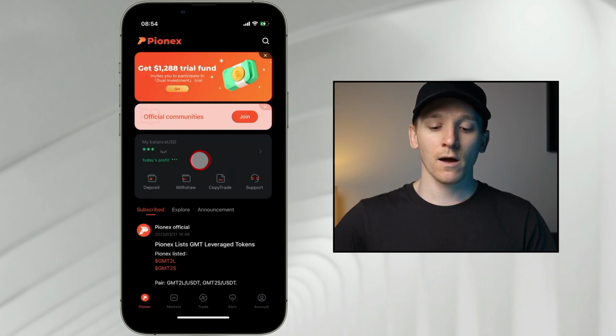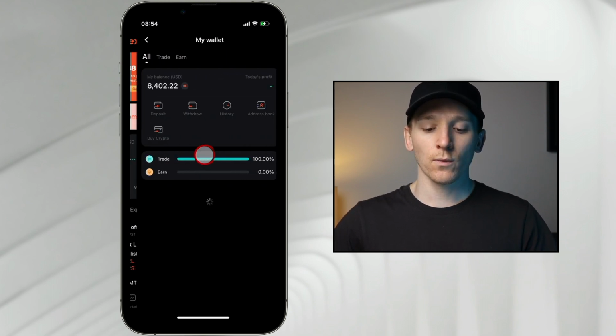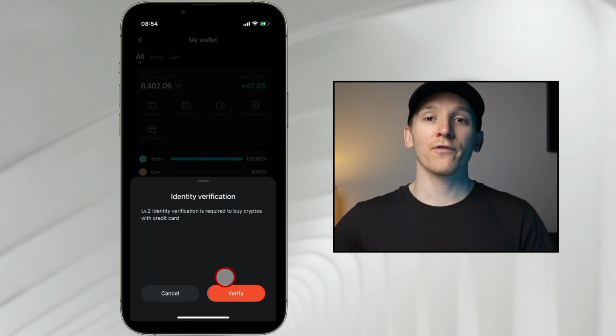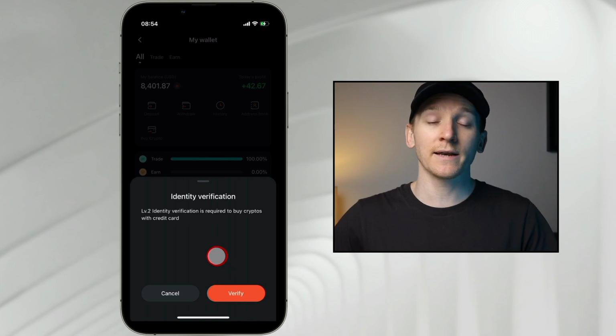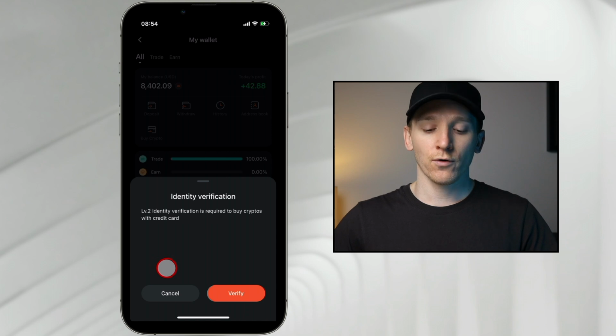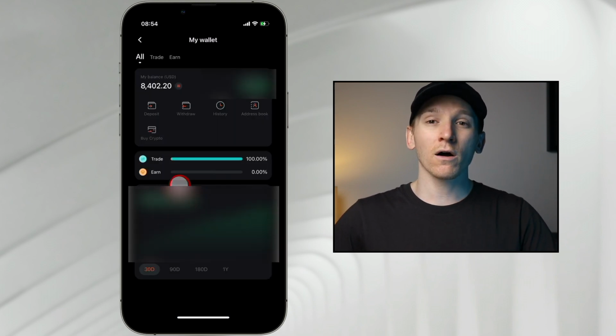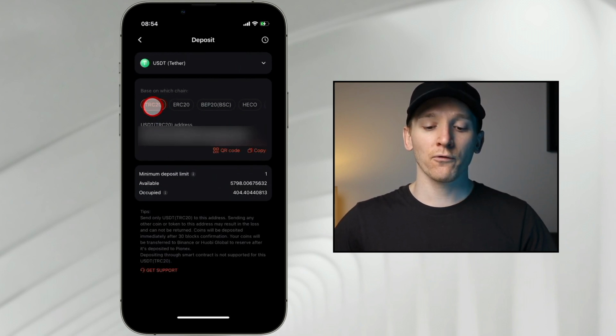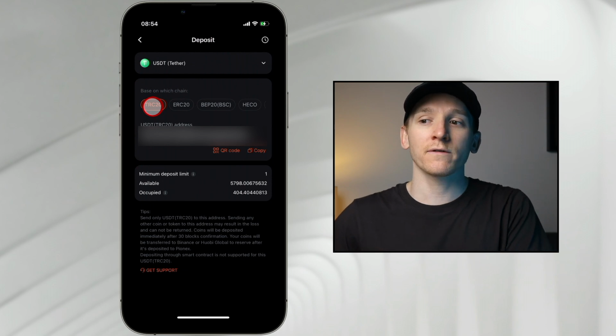But what I'm going to do is come and deposit. So we just click on the wallet again. If we come up to buy crypto right here, you can see you can just verify it. You do need KYC. I think especially in America as well, you will need KYC to use the app. So if you want to go through and put some credit card funds on there, you can do that. Just click verify and then put your card details in. Card is more expensive overall for every platform. So I'd suggest maybe depositing some crypto from a different platform if you have a lower cost exchange like Binance